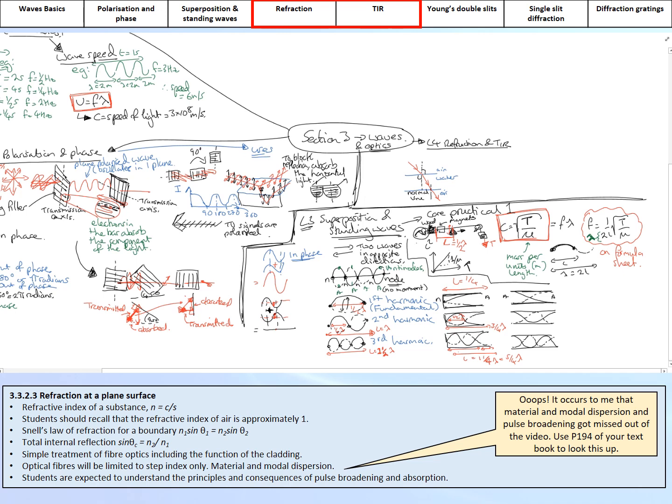So why does it bend? Well, it bends because it slows down. Light travels slower in water or in glass than it does in air. So you cannot use the speed of light, 3 times 10 to the 8, if you're doing things in water. So imagine that